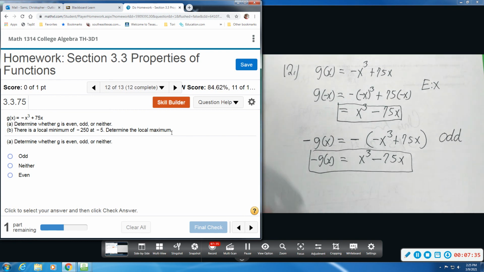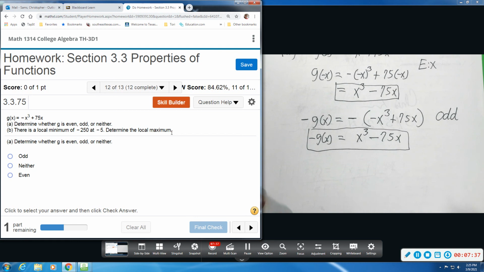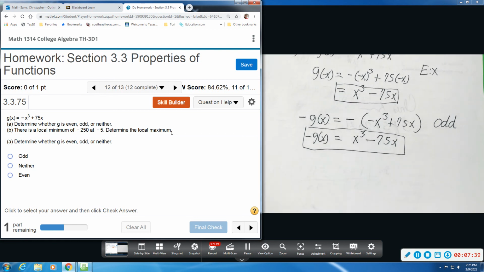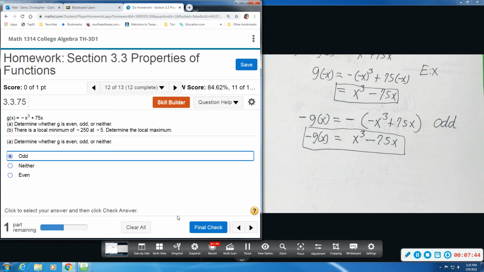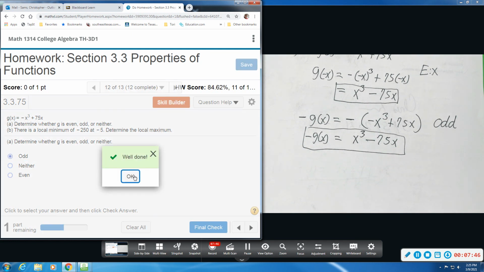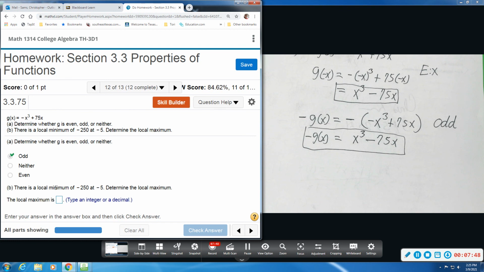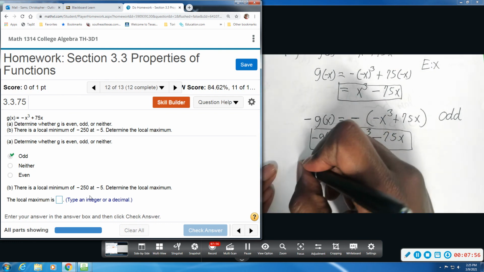This function is odd. Now, based on that, we can now figure out if there is a local minimum. So they tell us a local minimum. What is the local maximum? Okay, so this is what we need to know. If the function is even,